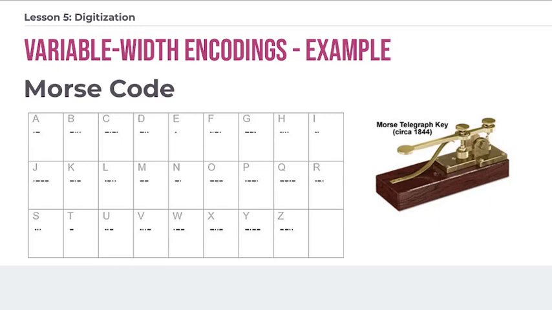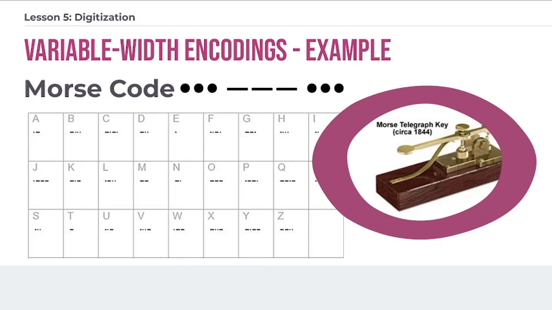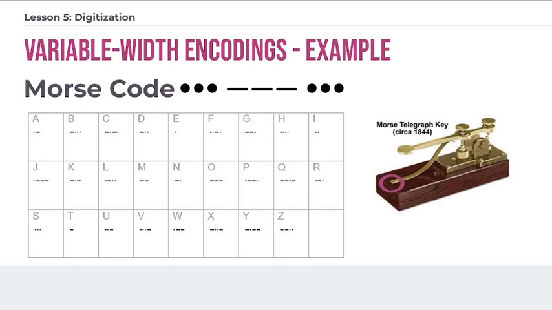So here's an example of variable width encoding. Morse code, which surely you've heard about, everyone is familiar with SOS, was really one of the first digital codes. And in the code, letters are represented by combinations of long and short signals. So you can see over here, this is what was known as the telegraph key. And so you would make contact. So you would push this little lever down to make contact down here, and it would actually create a circuit,